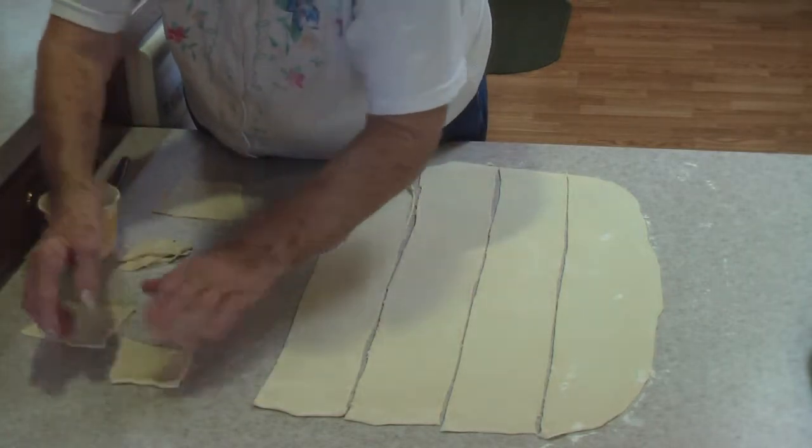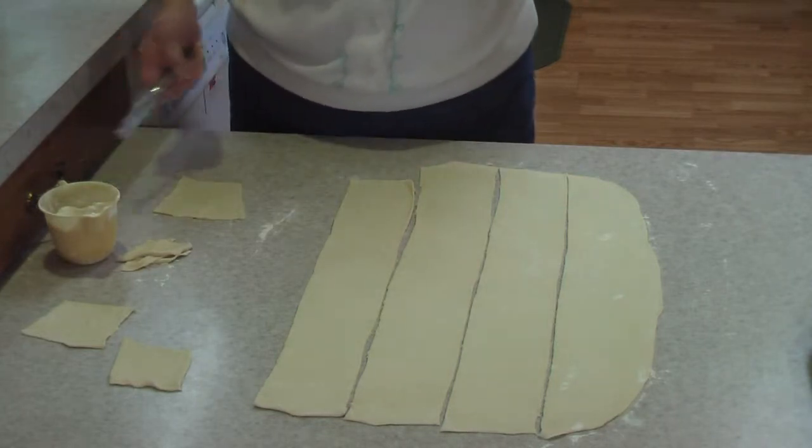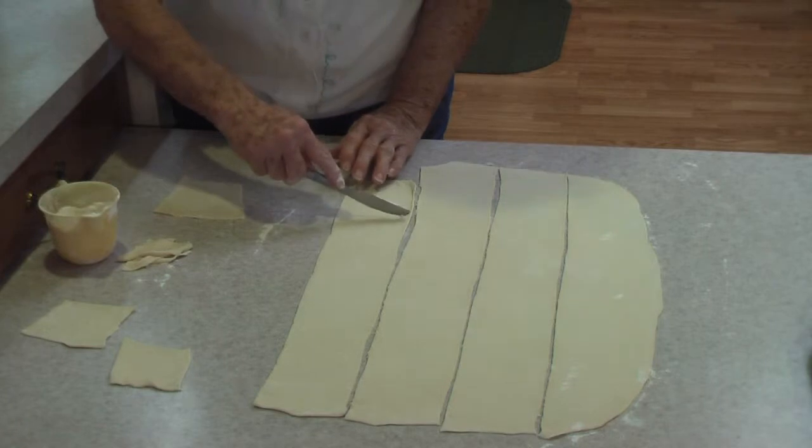Okay. We don't want any. It's the back door bell. I think it's the,